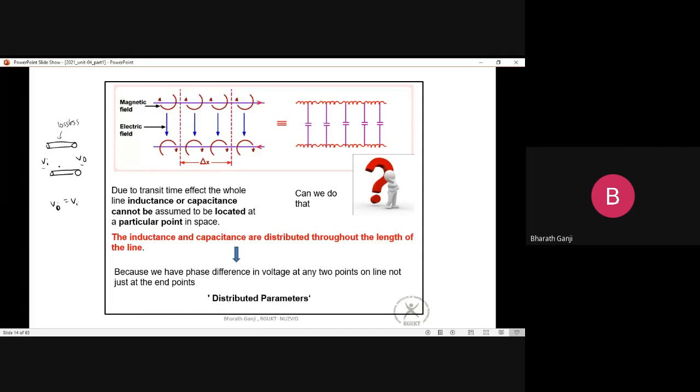But what we see is V naught is not equal to Vi. What we are observing is the input and output are having some phase shift, or they are basically having a delay. So any delay you can model using capacitors and inductors. So what I'm trying to do is model this transit time delay with capacitors and inductors. But the problem is the capacitors and inductors are lumped elements, right? So if you use lumped elements,